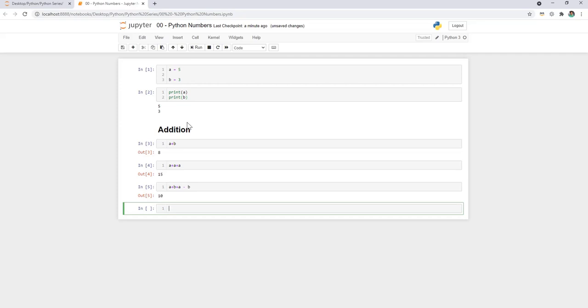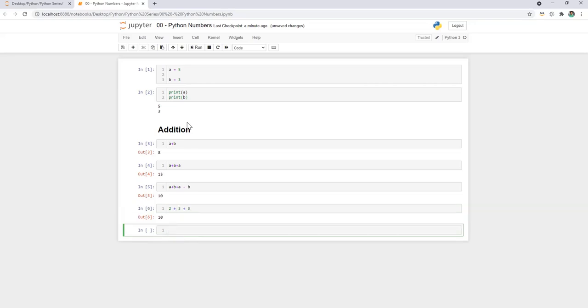You can use multiple values. If you want different addition values, you can assign variables or use direct values, like 2 plus 3 plus 5. It should be 10. Yes.